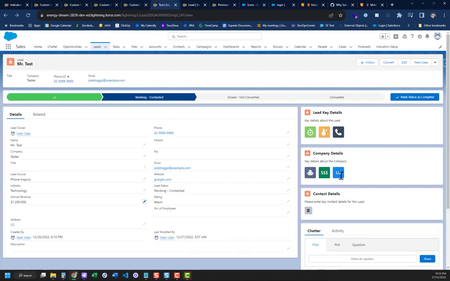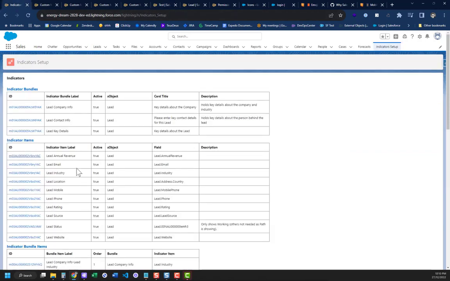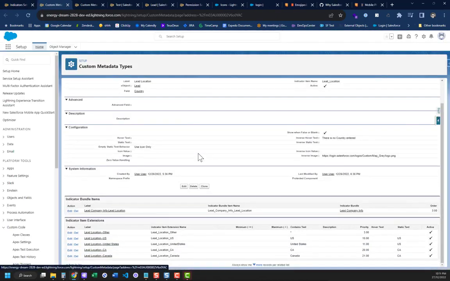So this one here is a text-based extension. So this one here is country. So have a look at this one. In this one, we've said our most important countries are US and Canada. So we're really interested in saying whether they're US or Canada, but we're not really interested in any of the other countries. And you can see here I've created one for US or United States, one for CA or